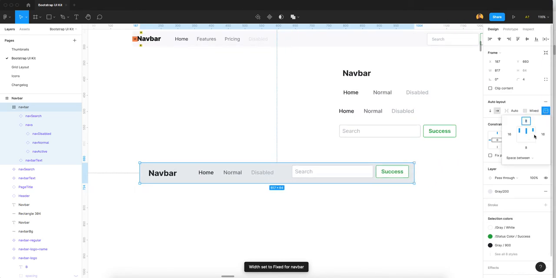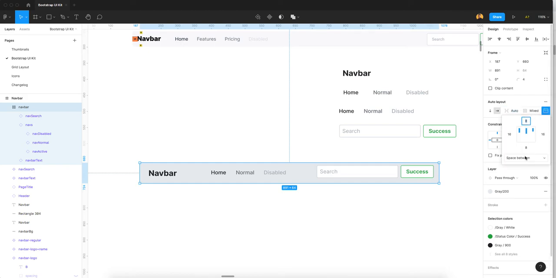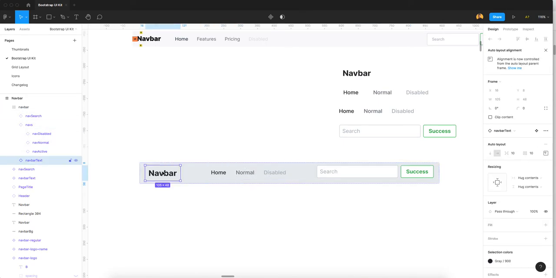Because we set space between equal, if you expand the component, it creates equal space between all your inner components. And if I check here in auto layout, the space is auto because I gave space between. So this is our layout.